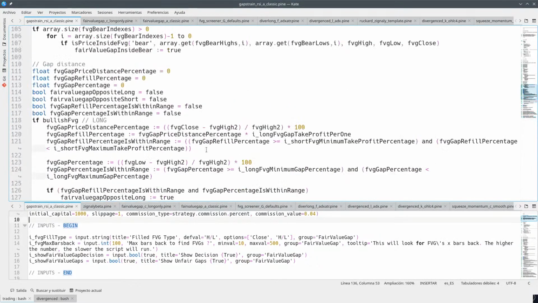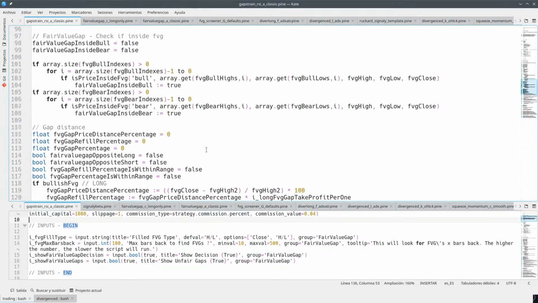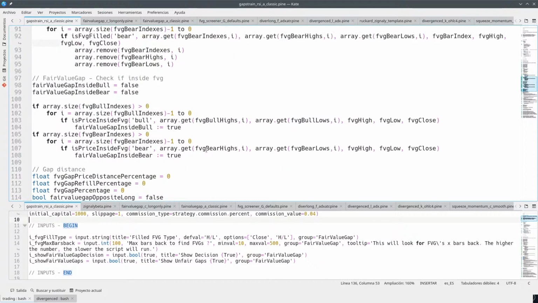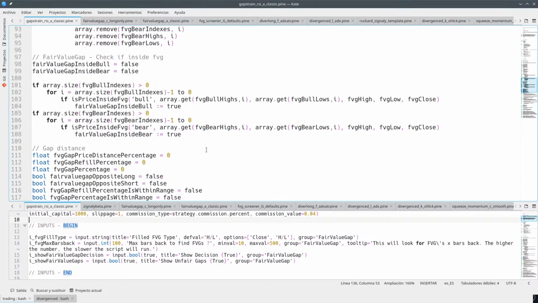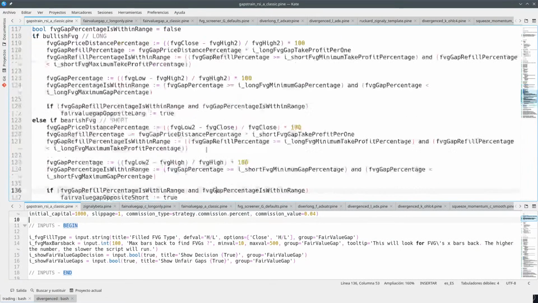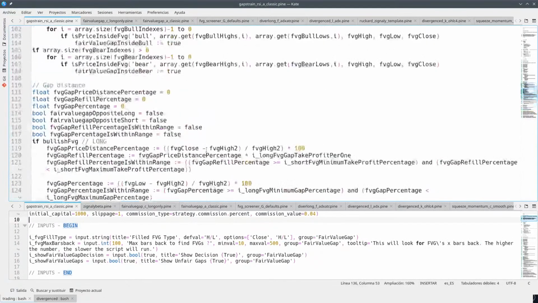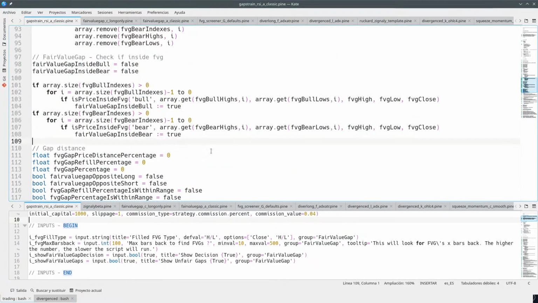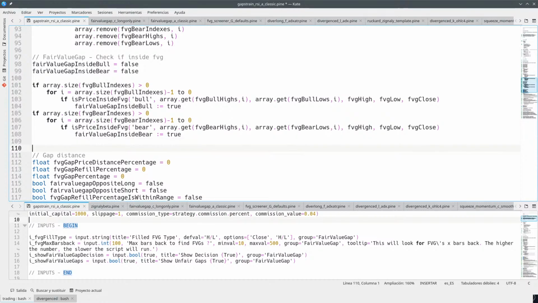So what I want to do is to have the total of these arrays. So gap distance, we can use this for something else, but okay. So first of all,